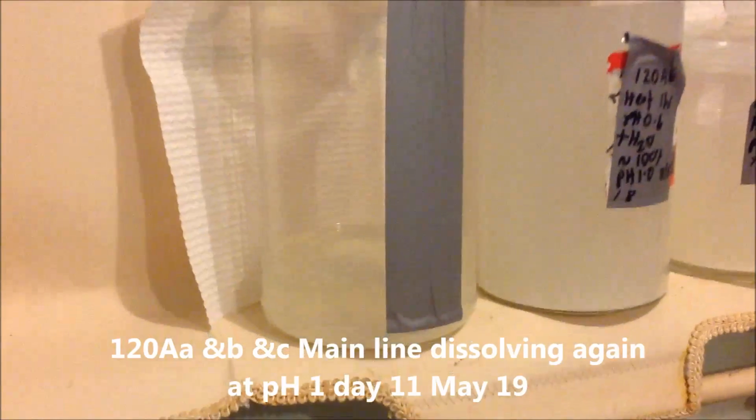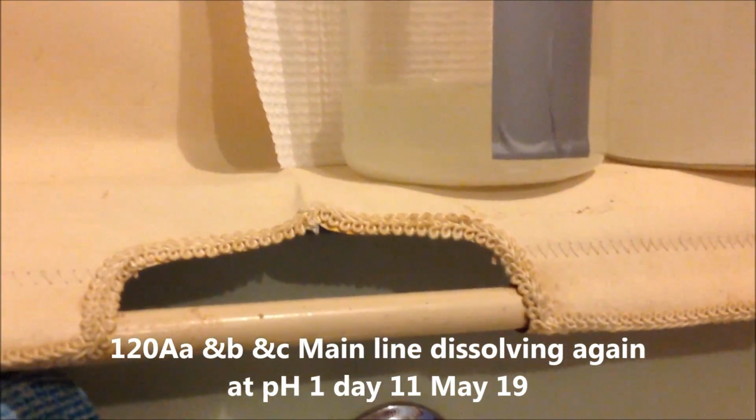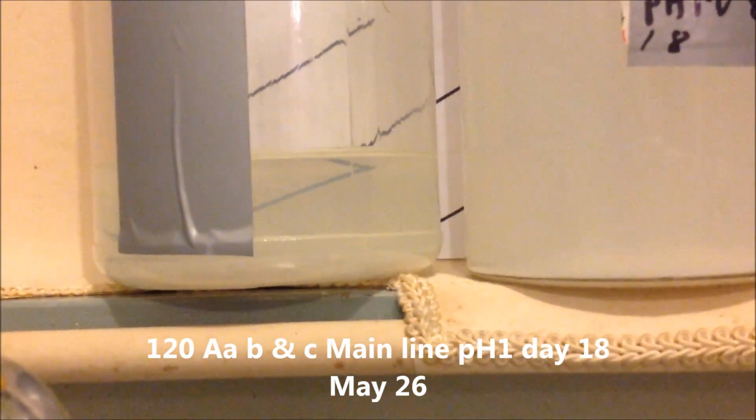Today's the 19th. After 11 days we're definitely getting some clearing. The sample that wasn't simmered is clearer, but the other two are definitely clearing as well. Yet another week has gone by. It's now the 26th, and you can see that